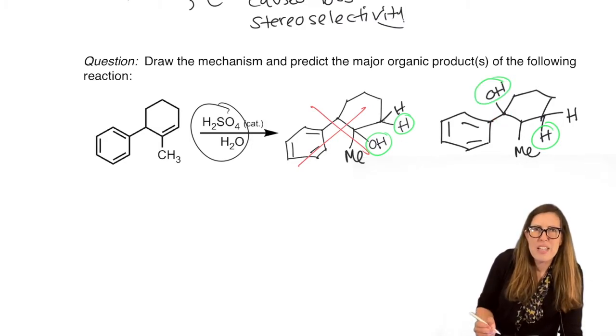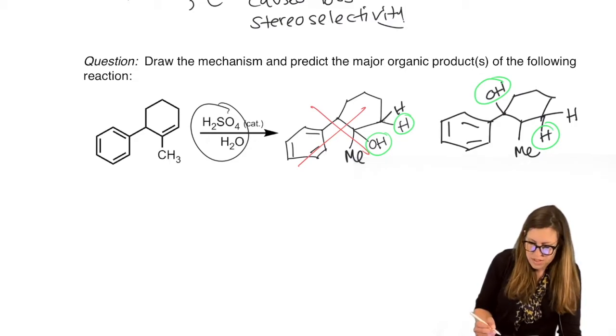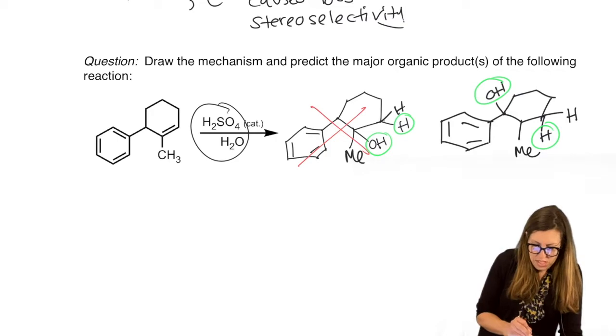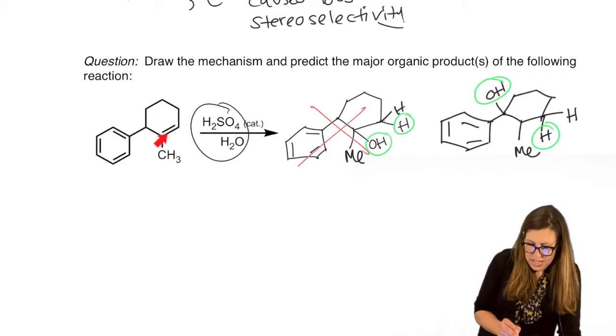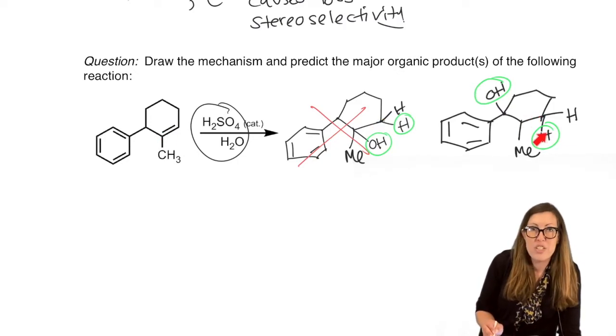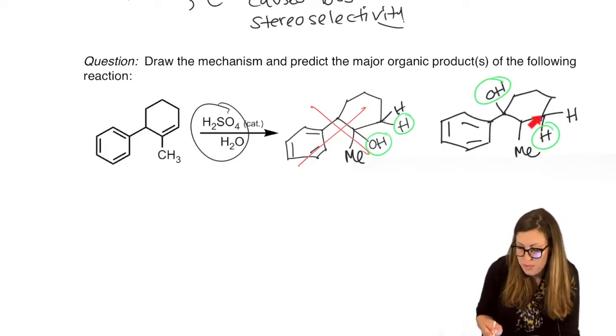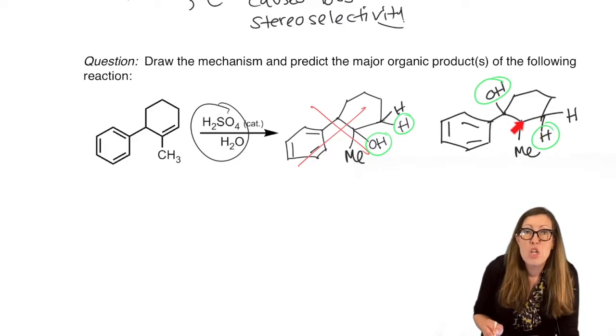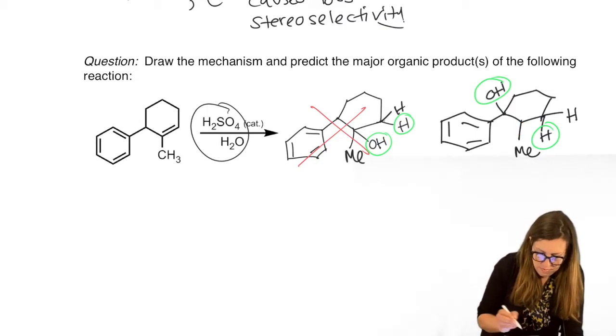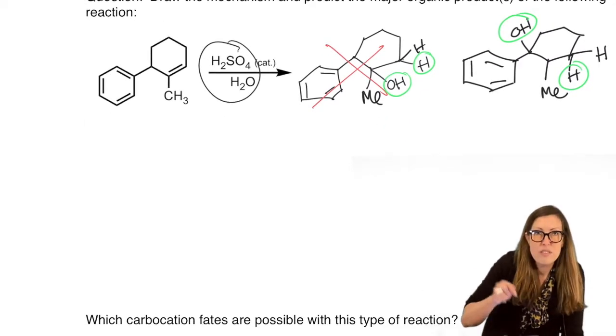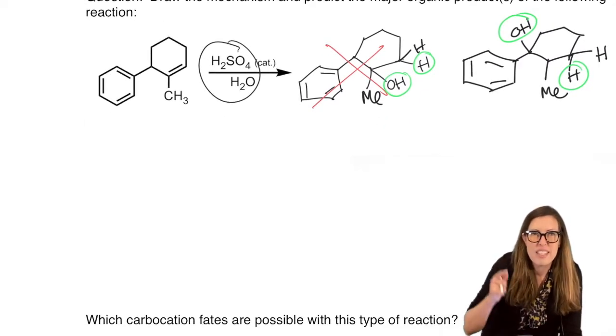What could explain that? Well, the mechanism is going to help. But when you see that we added across a pi bond, so the pi bond's gone, however, the two new groups are not adjacent to each other like they would have been on the original carbons of the pi bond, that's a hint that there was a rearrangement during the mechanism, which is why you always need to write out the mechanism. And the more you do it now, the faster you'll be at it later, like test time, right?